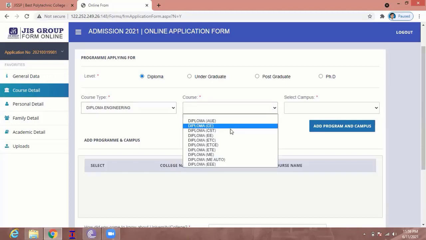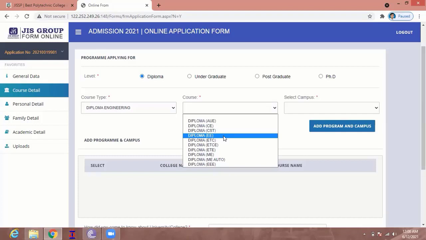You have to choose diploma CE to get admission in the civil engineering discipline. To get admission in computer science and technology, you have to choose the option diploma CST.